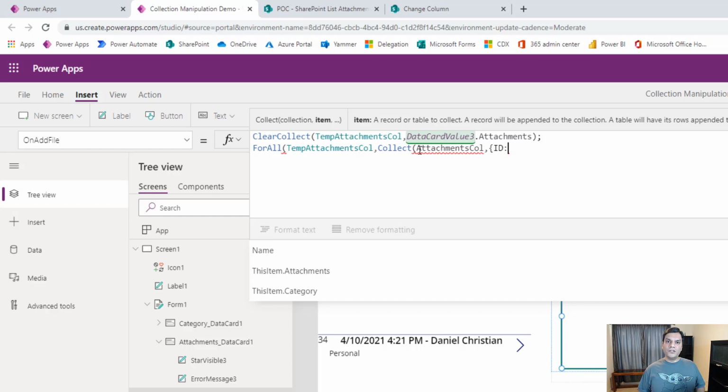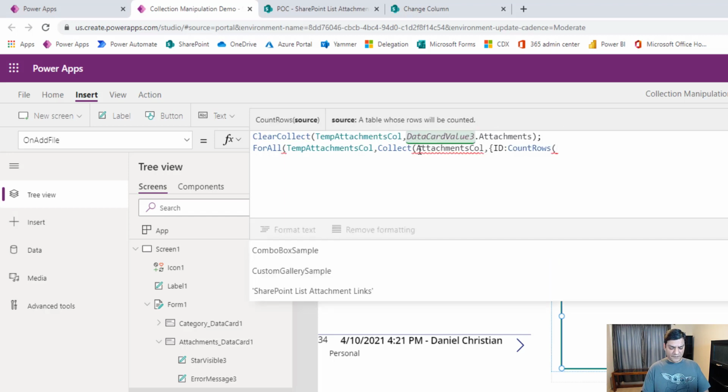The reason you want to do that is because every time you add an item, and if you count it, that's the next line. That's how the auto incrementing works. It's very easy, it's so powerful, and yet it's all possible with CountRows. So here's how the formula goes, okay? The CountRows right there. I'm going to open the brackets, and I'm going to say just count rows, everything in this attachments